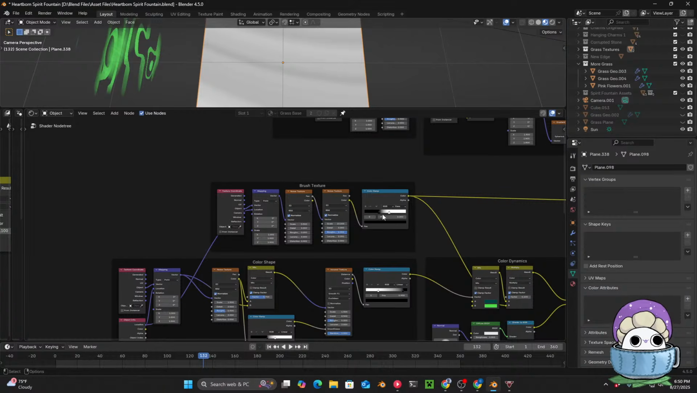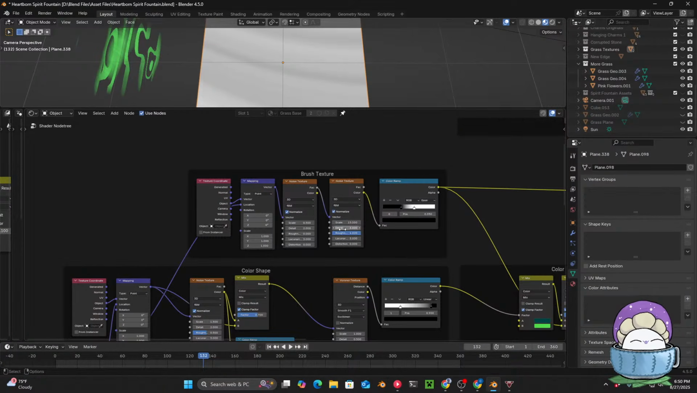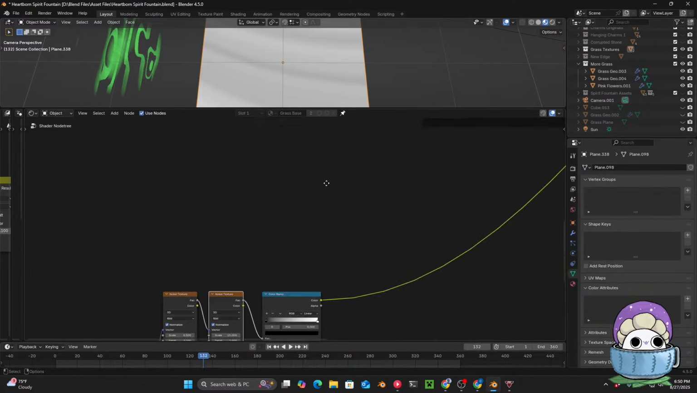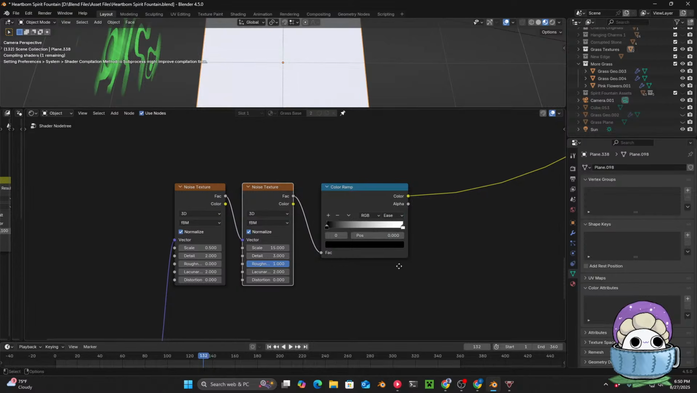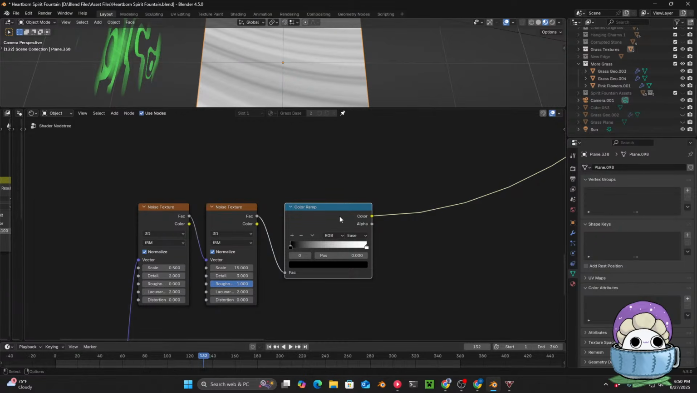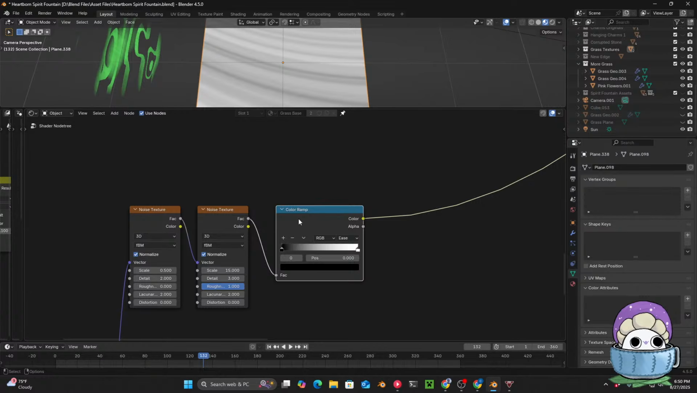And then I've also cranked the color stop a bit, and I've increased the detail to 3 and the roughness to 1. So I'll just do that, increase this to 3. And this, I like having the color ramps on ease. I feel like it just gives it a little bit more depth. You can see the difference between linear and ease there. It's up to personal preference,